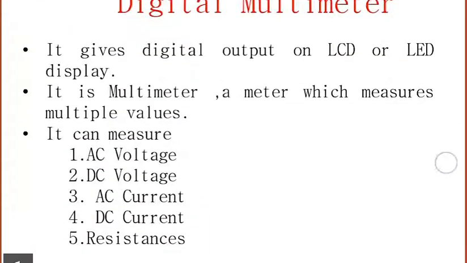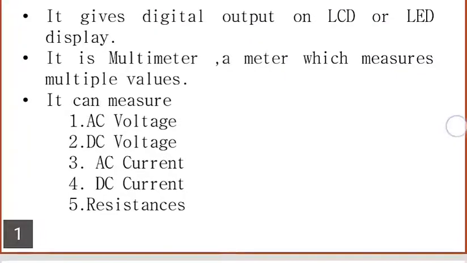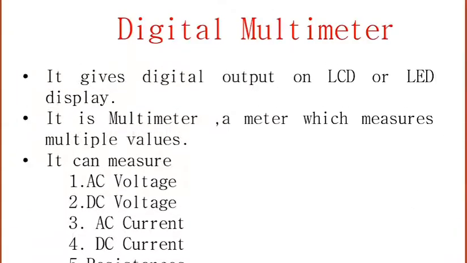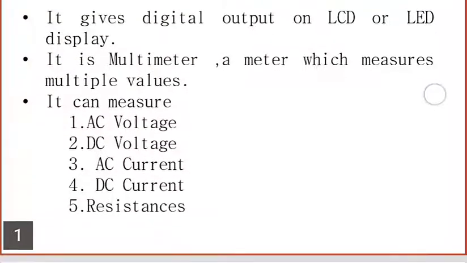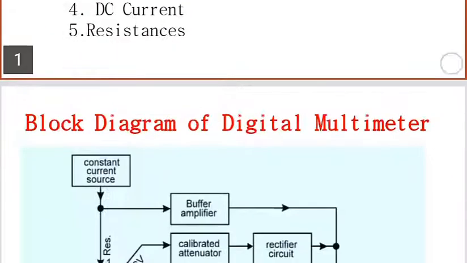Digital multimeter is used prominently for measurement of AC voltage, DC voltage, DC current, resistances. Also, there are some knobs where you can measure diode and drop voltage, transistor. You can also do transistor testing on the multimeter. For this video, we are just focusing on voltage, current, and resistance measurement.